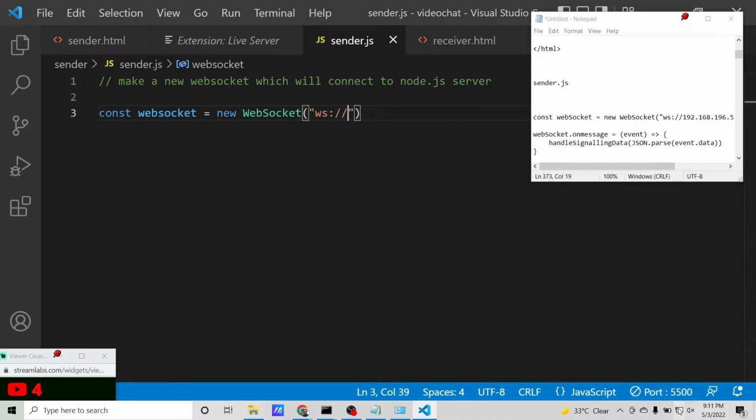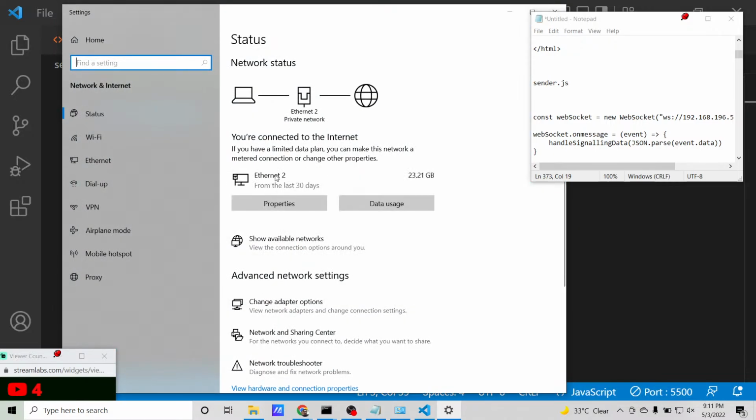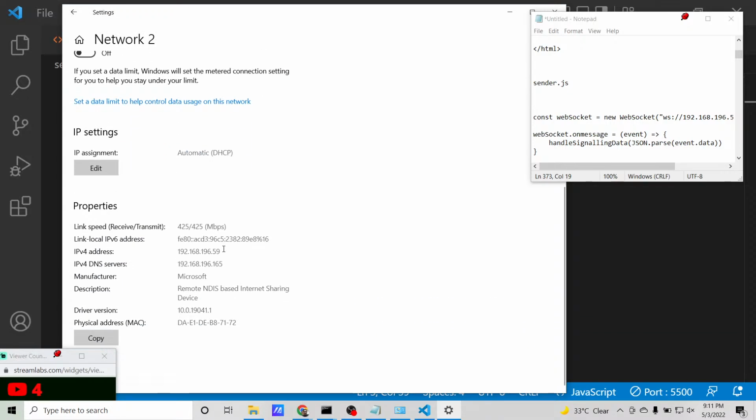You need to go to your Wi-Fi or whichever network you are connected to. Simply open network and internet settings, and right here, I am connected by Ethernet. If you click properties, you will see your IP address. You need to get the version 4 address, don't get the DNS address, just the IP address. So this is my IP address. Simply I will copy this address,